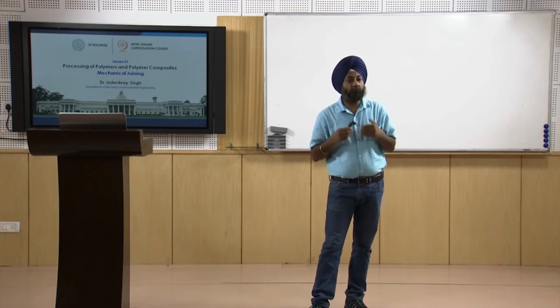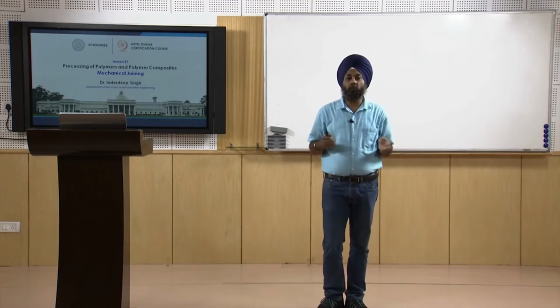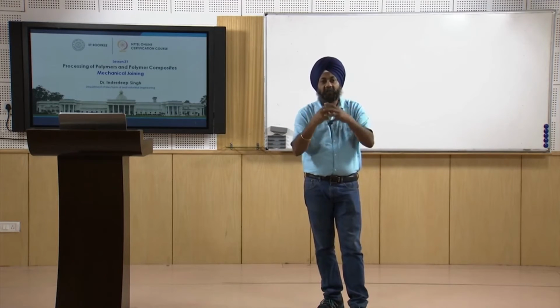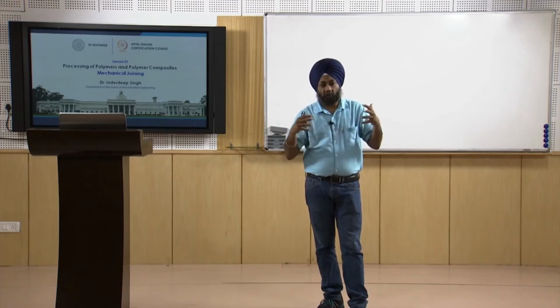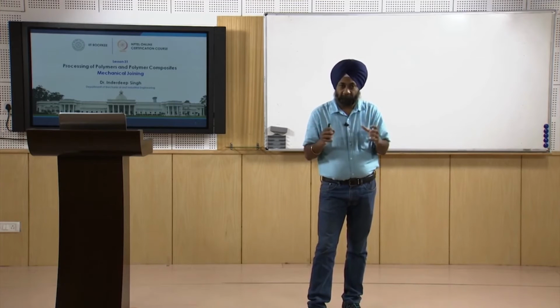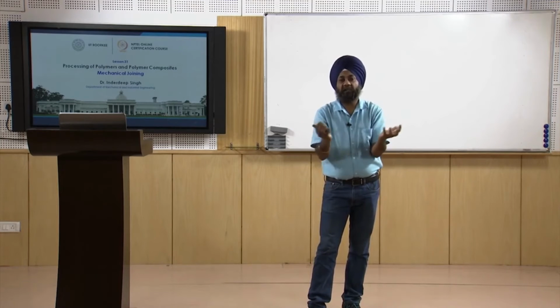So today our focus would be on mechanical joining, which we can further classify into mechanical fastening, as well as another category in which we have an integral joint, which is mostly used for making wooden types of joint. So today our focus is on mechanical joining, but some of you may be wondering that when the material is the same, the composite is the same, and we want to join them, why are there so many different techniques? Let us say 5 different techniques we have already